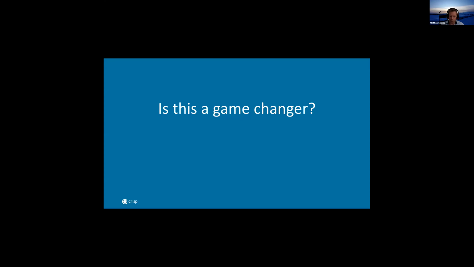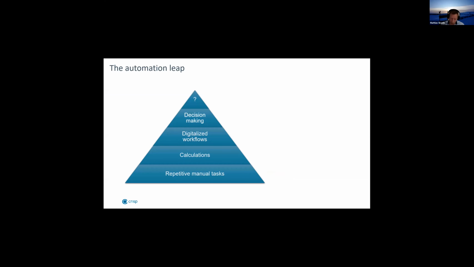So is this a game changer then? And if so, how? So let's speculate a little bit. I'm going to show you some examples of what this could mean. Think of this as something to take with a grain of salt, but also think that there may be some truth in how this might emerge. Now I'm going to take a step back and look at history and how we have used automation.